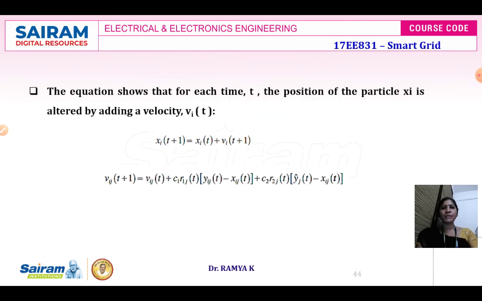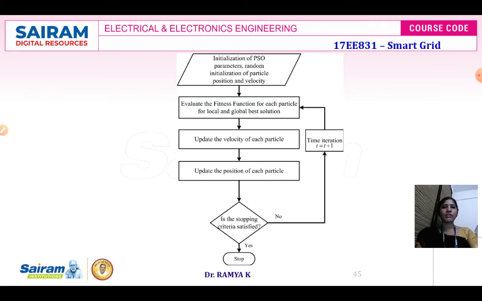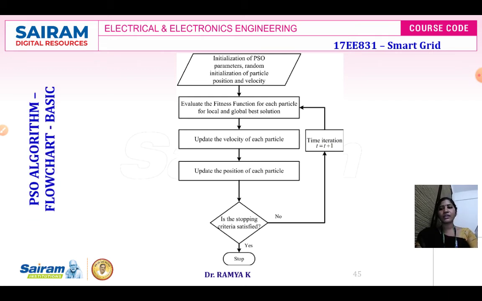So, these are all the simple steps that we need to remember when we are going to write the algorithm. When you write the algorithm, we have to use the following steps. First, we have to initialize. So, this is the PSO algorithm flowchart. Basically, it is used to initialize your particle swarm optimization parameters and randomly initialize particle position and velocity. Then we need to calculate the fitness function. Then the corresponding fitness function has to be evaluated to obtain the best solution. Then if the best solution has not been obtained, we need to update the velocity vector.